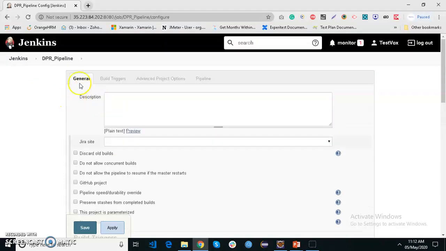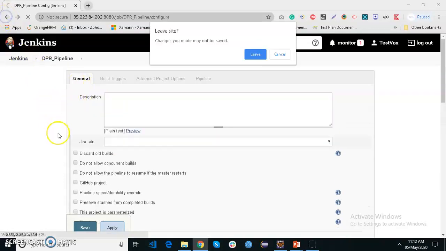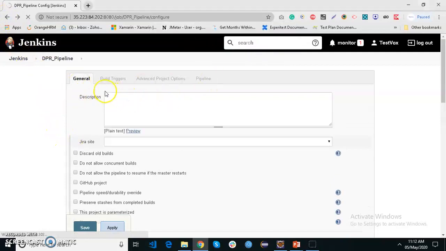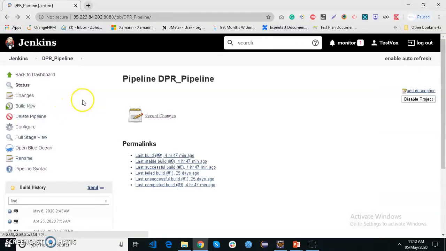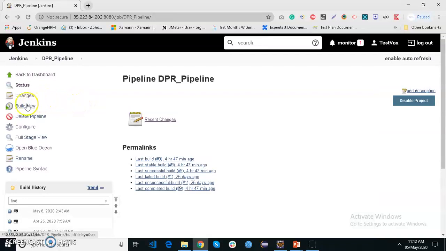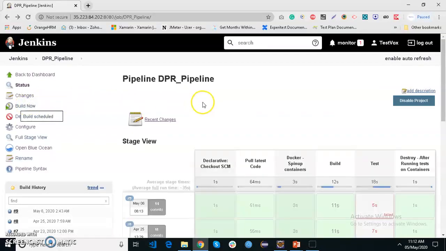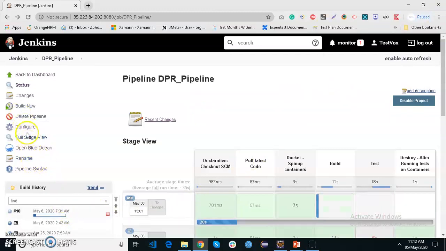Then click on the build. In this Blue Ocean pipeline, you can see it got pushed.